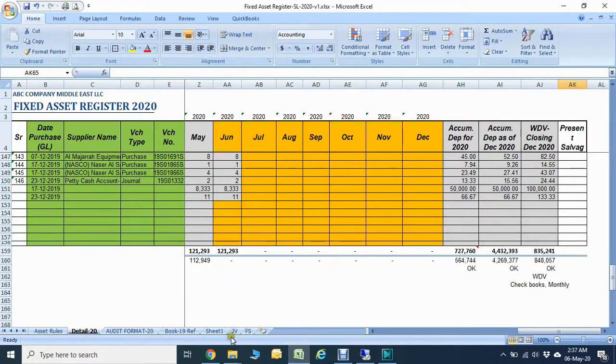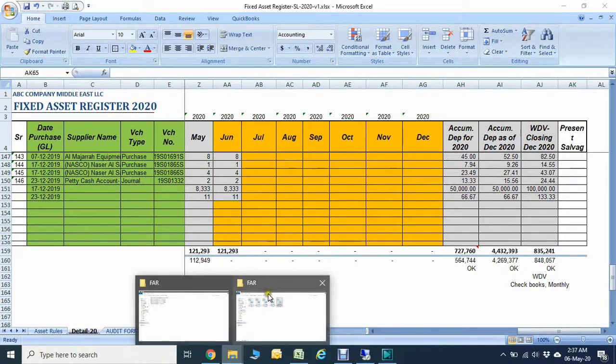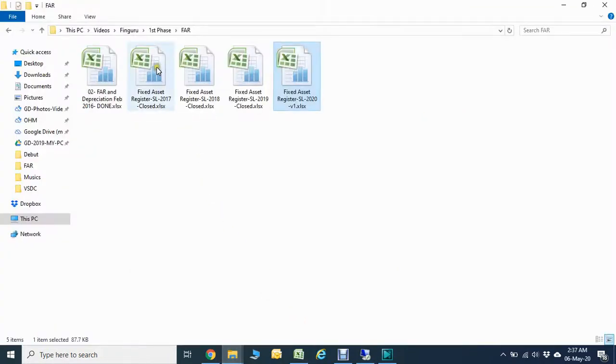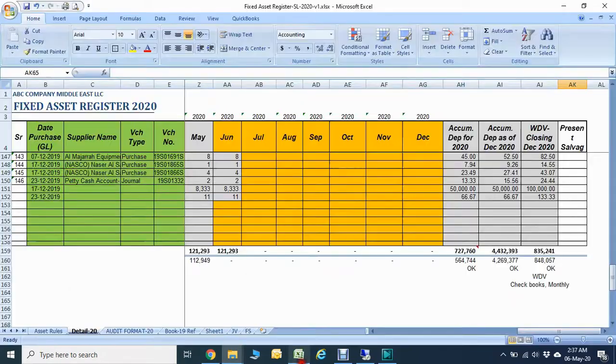So anyway, let's go to all the files you have. Total, let's say we have 2017 asset registers, 18, 19 and 2020. So we have so many asset registers. Keep all the asset registers with you, because for the auditor's purpose you will need to carry forward all the information.